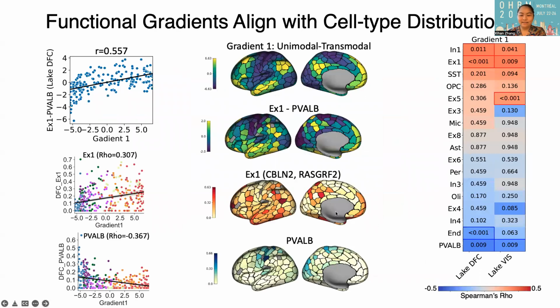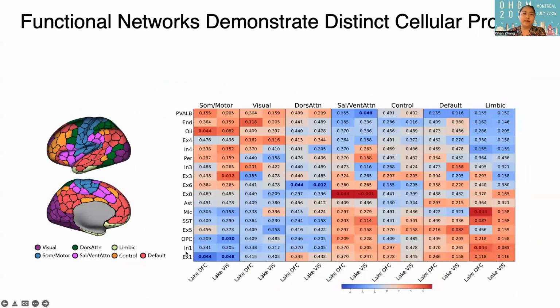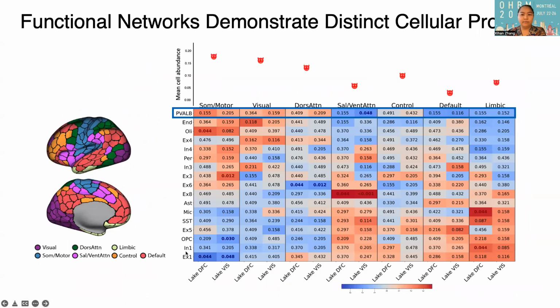Inspired by the patterns in the scatter plot, like parvalbumin here, that many cell types are actually preferentially enriched within certain networks, we then examined the heterogeneity of the cell type enrichment across different functional networks. For each cell type, take parvalbumin as an example. Its empirical abundance was